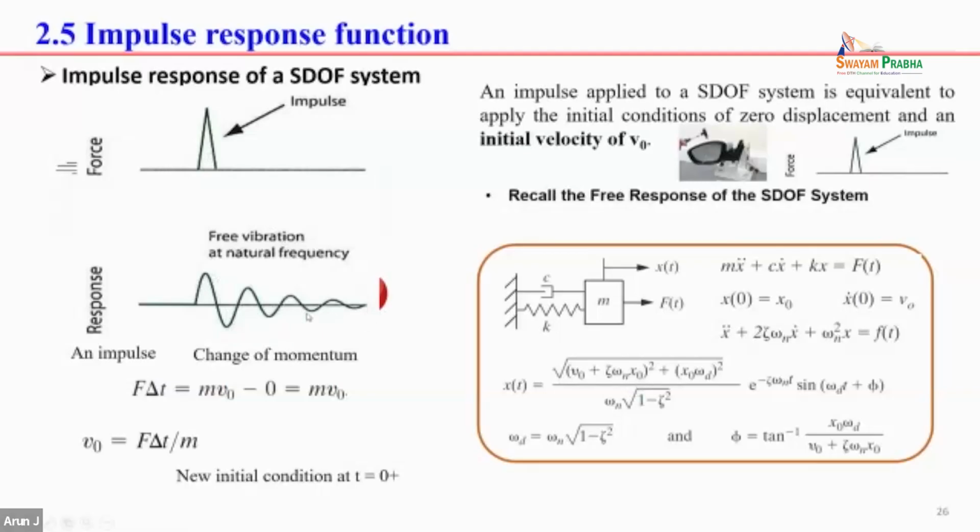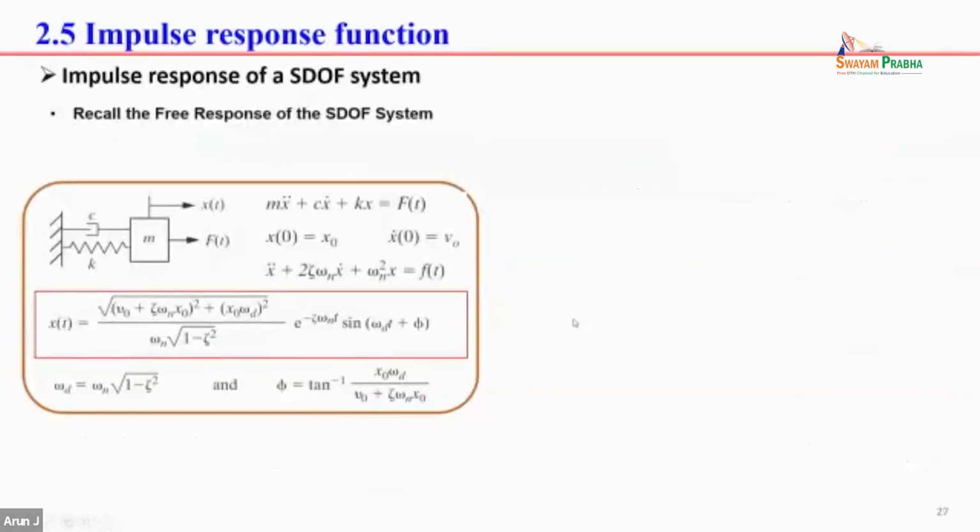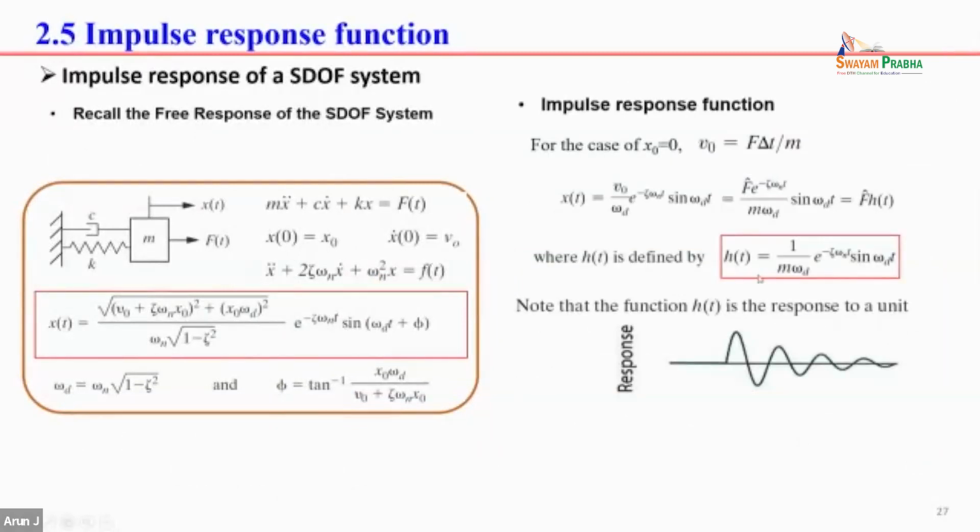You can convert such an impulse response into the vibration response to an initial condition, where the impulse momentum change gives the initial velocity. Eventually we get this response, given the unit impulse. So this is the impulse response h(t),